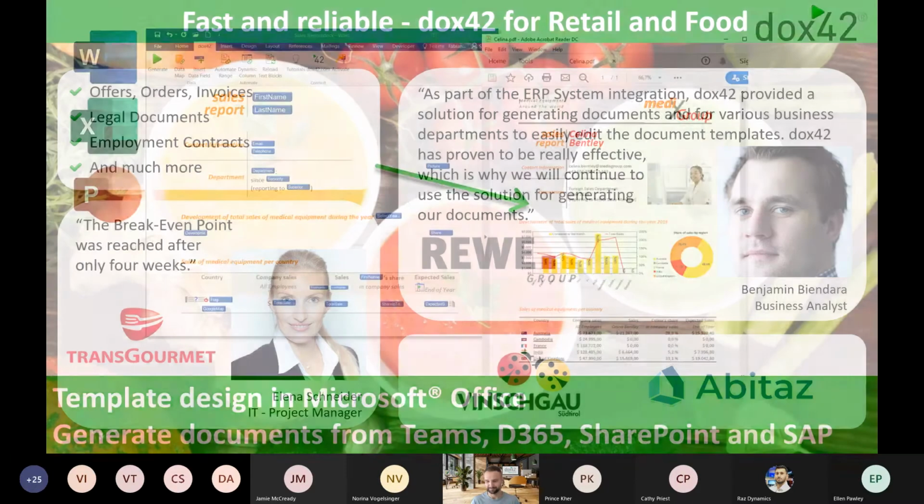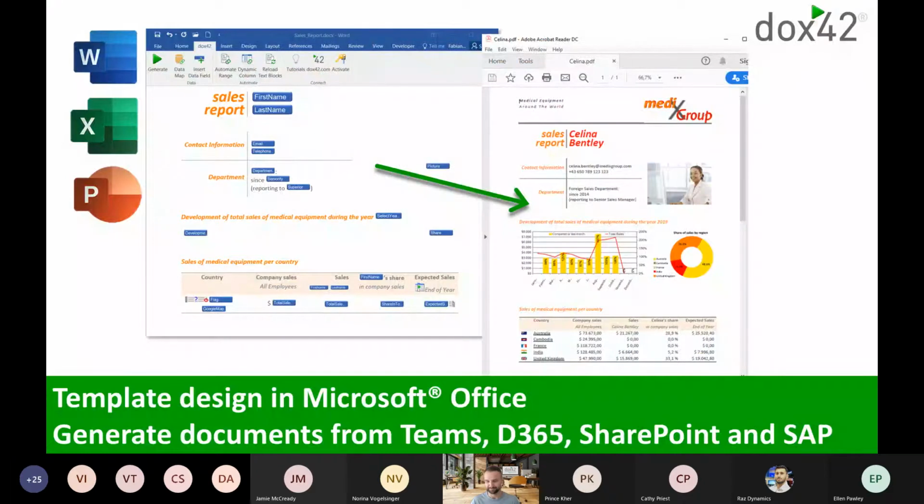That's the way the designer looks. So on the left-hand side, you see the Word add-in. We have those in Word, Excel, and PowerPoint, where you can integrate all of the different data sources. And as you see there, the designing user is getting a what-you-see-is-what-you-get experience, where you even have the option to generate the document locally at all times, that you later will see on the server side.